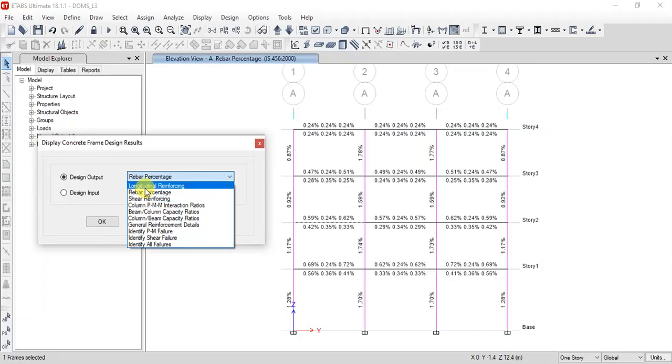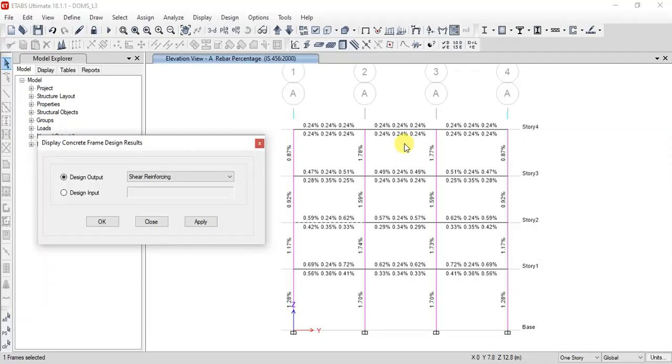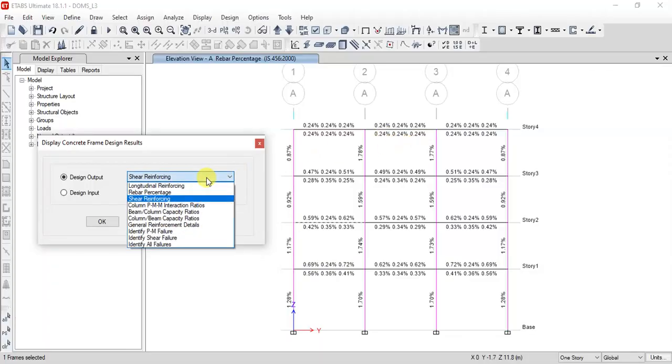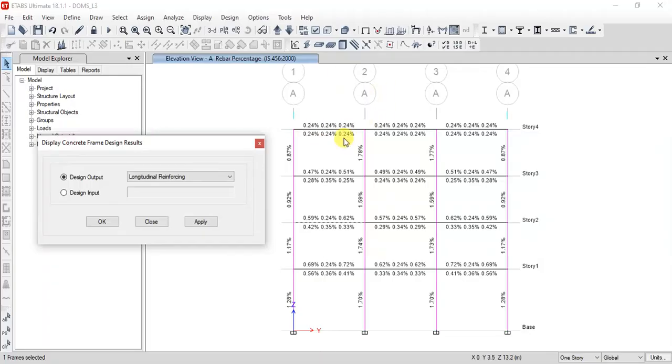Normally these are the ones which we use: longitudinal reinforcement rebar percentage, and shear reinforcement. Using that, you can provide the number of bars. The software will also provide the number of bars, but it will normally be uneconomical, so you have to do it manually. You can cross-check and utilize it. You can choose the diameter of the bar in such a way that you satisfy the percentage of steel required.